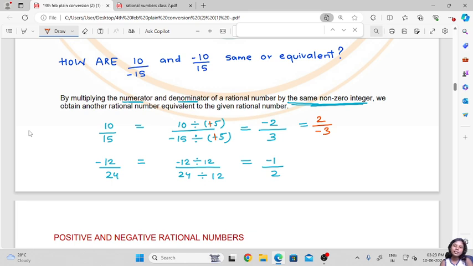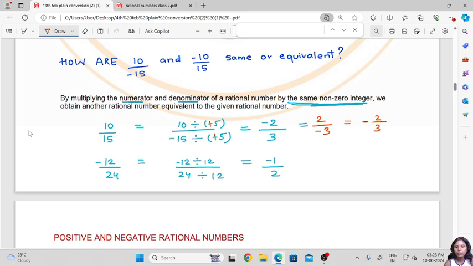So when we get such answers, instead of writing the sign in the numerator or denominator, we write it somewhere in between. So we'll write this answer as minus 2 by 3. See here, the sign is neither in the numerator nor in the denominator. It signifies that this sign can be either in the numerator or the denominator,